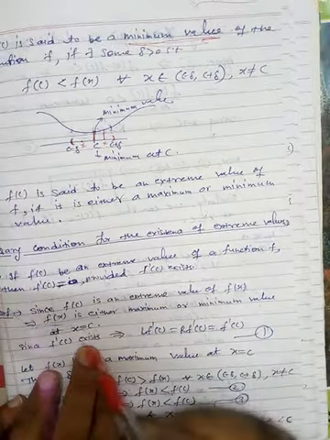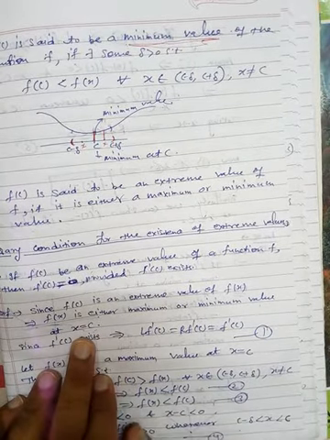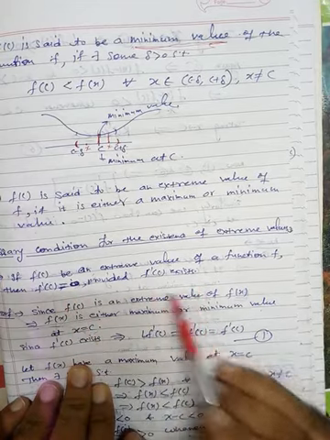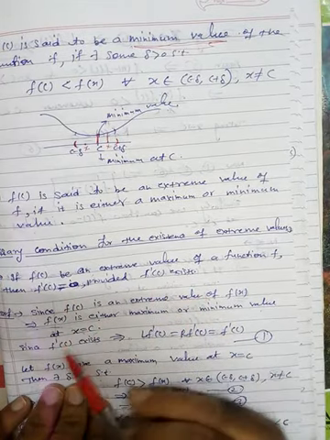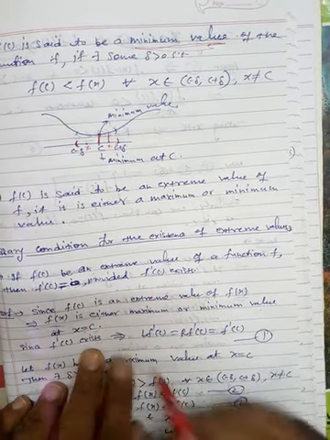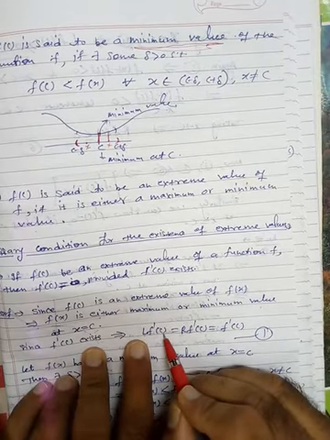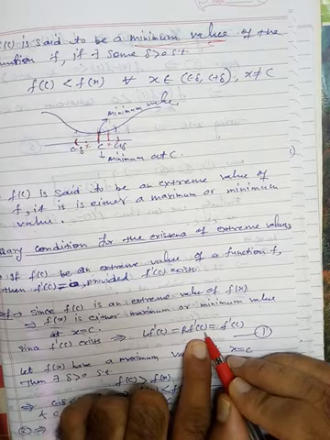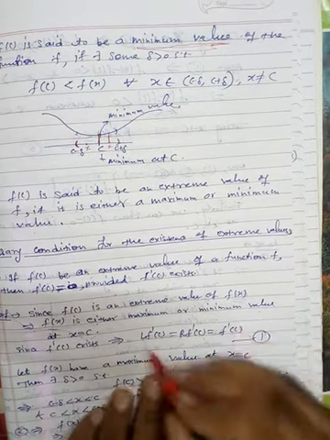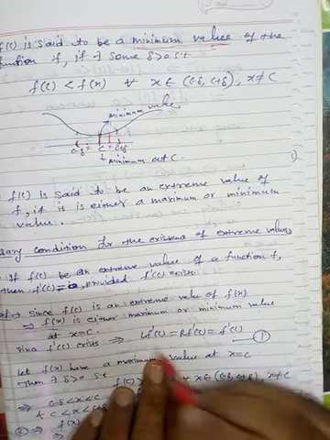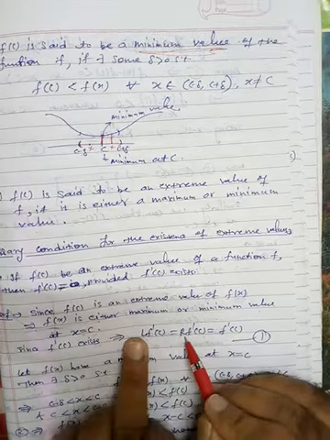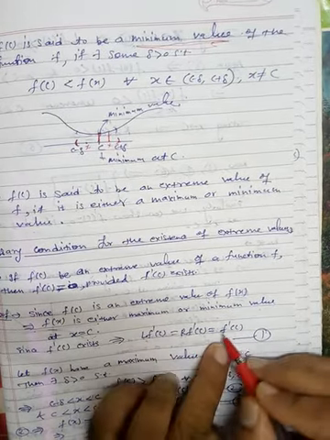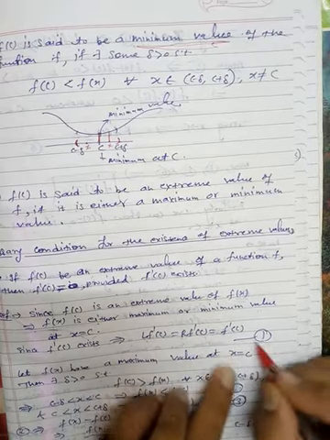Okay, so this is already given to you, provided f dash c exists. So since f dash c exists, the left hand side derivative at point c is equal to the right hand side derivative of the function at point c, which is equal to f dash c. This is by the definition of differentiability. लेफ्ट हैंड साइड लिमिट भी और राइट हैंड साइड लिमिट ऑफ डेरिवेटिव दोनों इक्वल होंगी और इसकी जो वैल्यू होगी वो एफ डैश सी के बराबर होगी. दिस इज इक्वेशन नंबर 1.